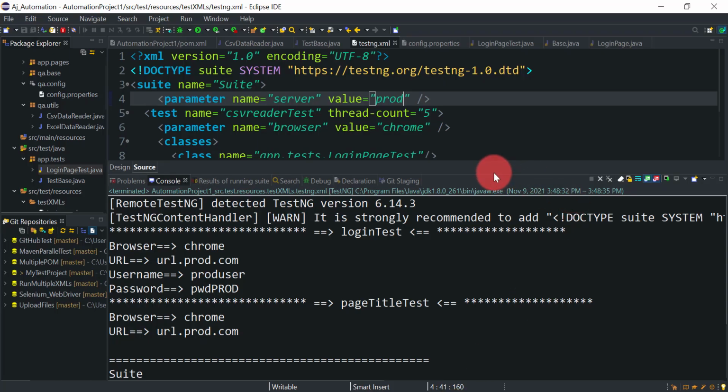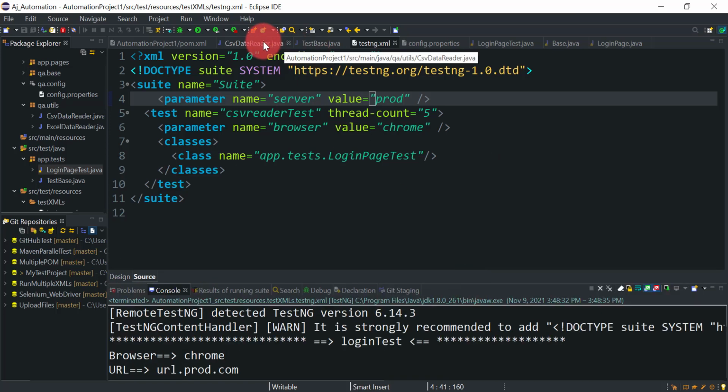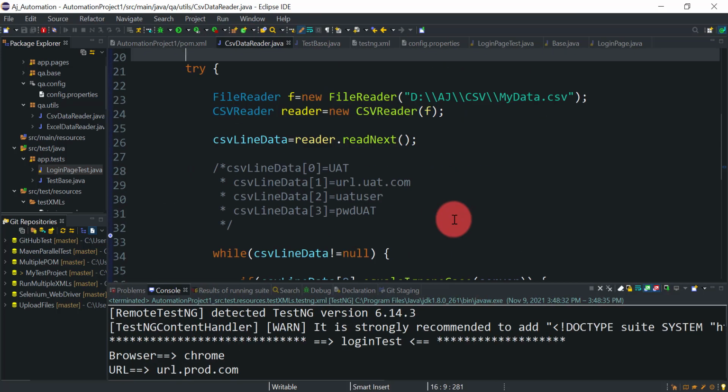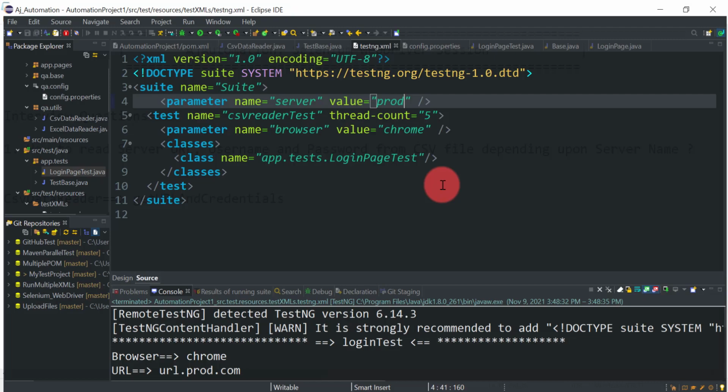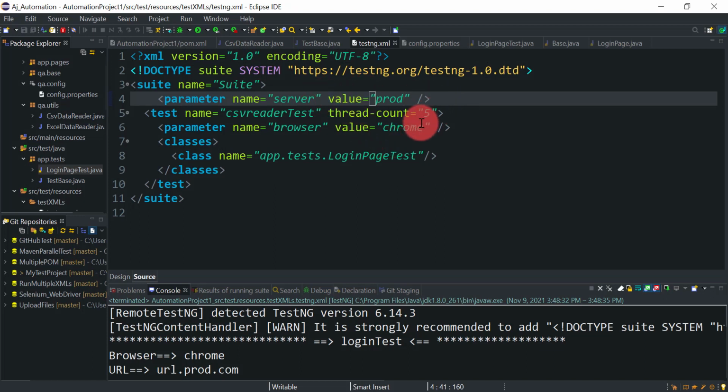So this is how you can create this generic utility method to handle this type of scenario. So we have used testng XML file for parameterization purpose. Okay, so we are sending our server name from here, then browser name, and we have used different TestNG annotation at the before suite where we are going to read the data from CSV, then at the before method where we are opening the browser, and at the test annotation for our Selenium test cases.